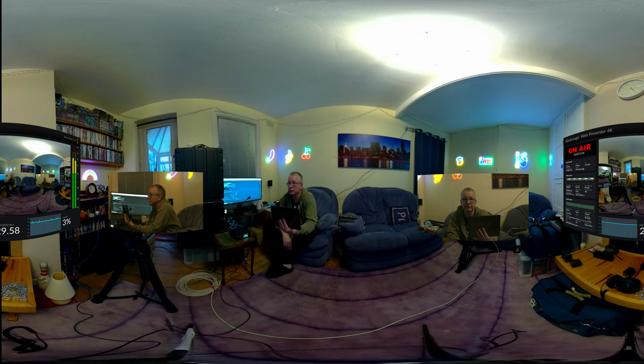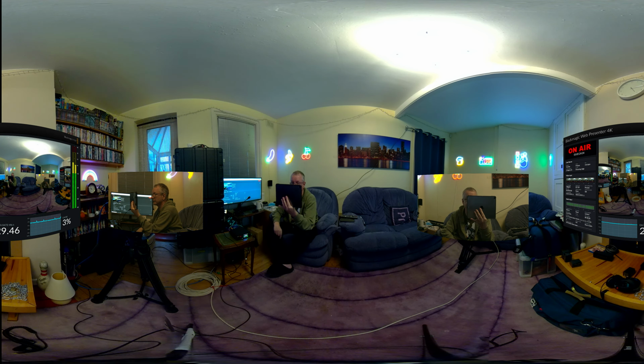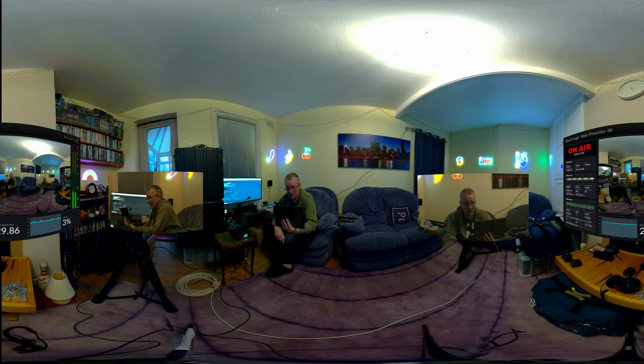That's all going into vMix, which is compositing the 360 view with these windows in. I'm also using a Blackmagic Webpresenter 4K to send the stream out to YouTube in 4K, and I'm taking the monitor output of that back into vMix, and that's the third window that's up, which is showing you the statistics of the actual stream. And I'm using a headband